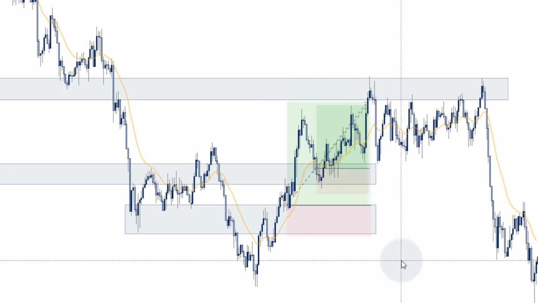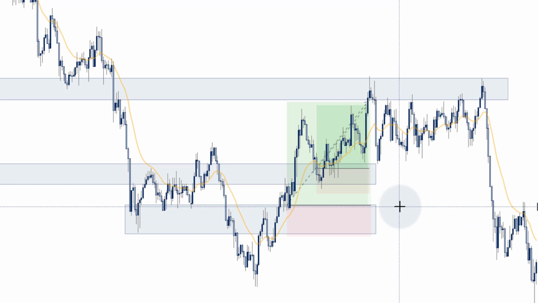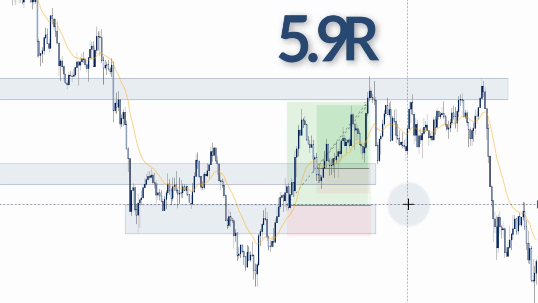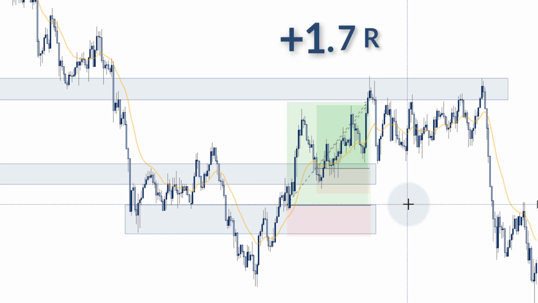So by only improving the entry slightly on the first position and slightly increasing the take profit on the second position, he would increase his overall return on these two trades from 4.2 to 5.9, which is a 1.7R improvement. This might not sound a lot with just these two trades in isolation, but if you think about it